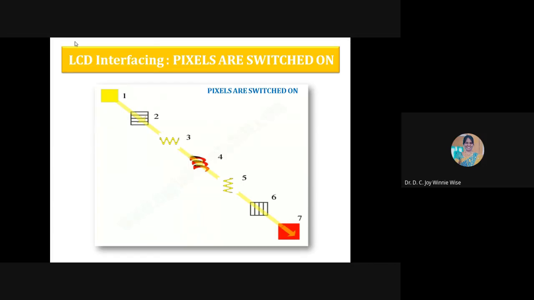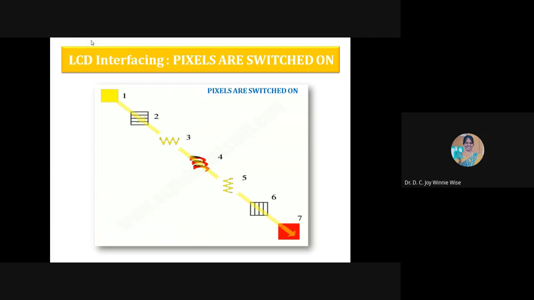In the fourth one, the pixel is switching off, so there will be a twist. The crystal will rotate light waves by 90 degrees. The crystal will rotate right by 90 degrees. In the fifth one, it is another diagram. Vertically, the vibrating light will travel through that, so that the pixel is lit up red, blue, green. So we are getting the color in the seventh position.